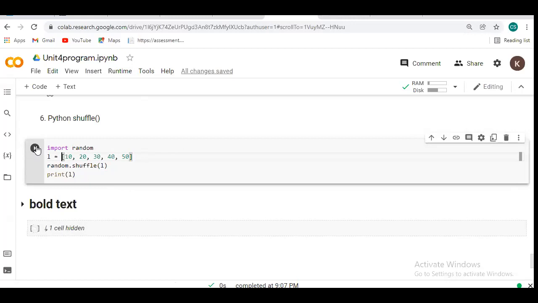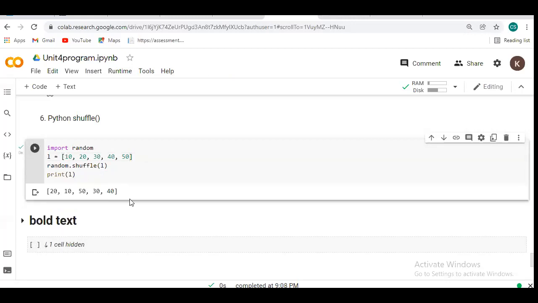Number. You have not understood shuffle. The name indicates what shuffle means. It will change the overall order of your list, or tuple if you are mentioning it here. Shuffle operation means it will shuffle your output.